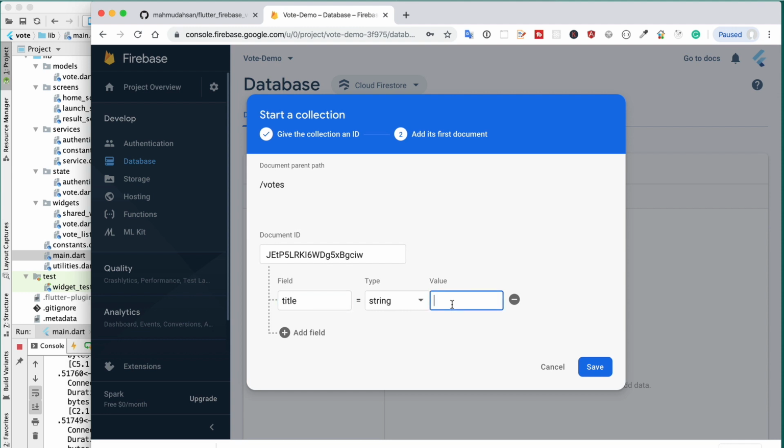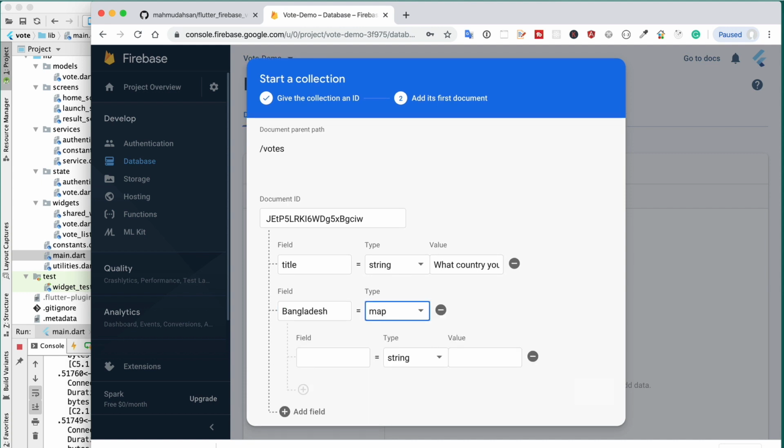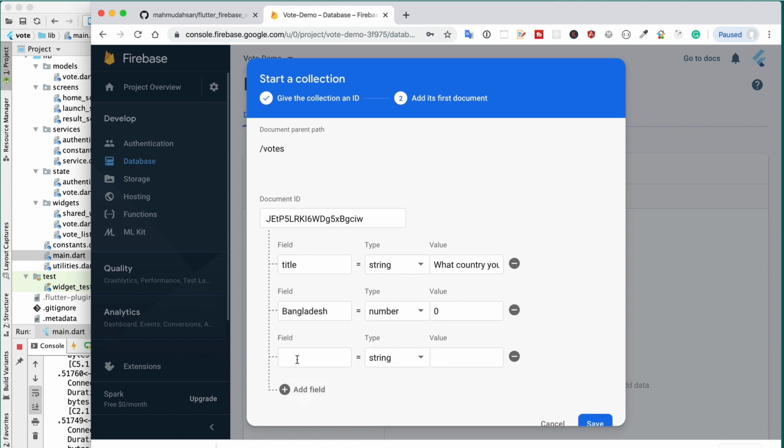Suppose I write here as a value, maybe, what country you like most? Question mark, and add some more fields. Suppose I give the name Bangladesh, and this will be a number, and for the number it will be 0. Then I click another field, Malaysia, then